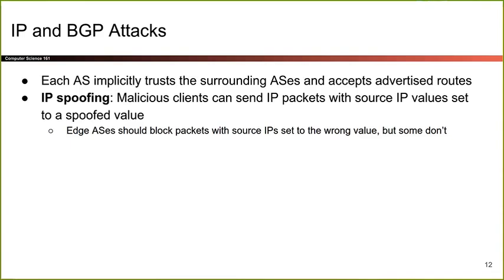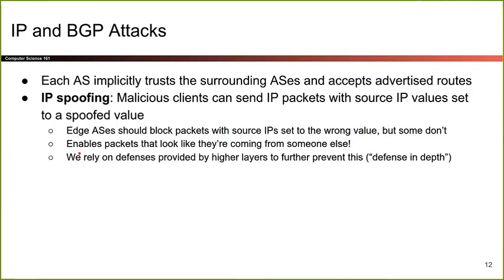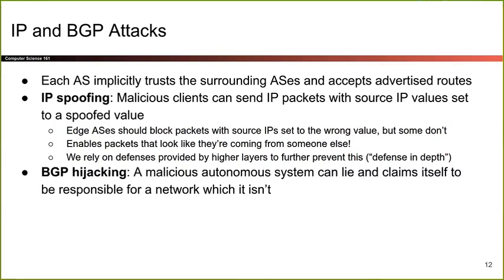I think the modern number is something like 75% of people defend against spoofing, and then 25% don't, something like that. But basically, some people don't, and that's a problem. So we have to worry about that. And as we talked about yesterday, this allows us to send packets that look like they're coming from someone else. There's not a great defense against this, because if someone doesn't check spoofing, then they just don't check spoofing. So we will look at higher layer protocols. Again, we're kind of punting everything higher, but I promise you eventually we'll see a higher layer protocol that does defend against all of this. So stay tuned.